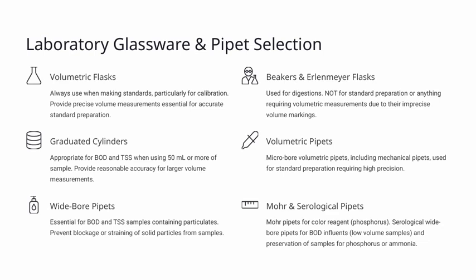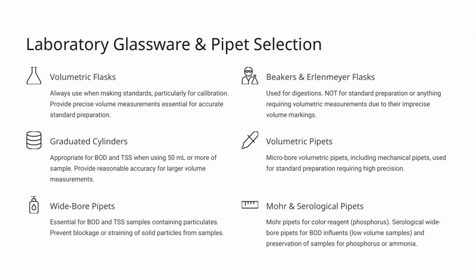Let's take a closer look at laboratory glassware and pipette selection. First, volumetric flasks are essential tools, especially when making standards or calibrations. They provide precise volume measurements, which are crucial for accurate standard preparation. Next, beakers and Erlenmeyer flasks are typically used for digestions. However, they are not suitable for standard preparation or any tasks requiring precise volumetric measurements, because their volume markings are